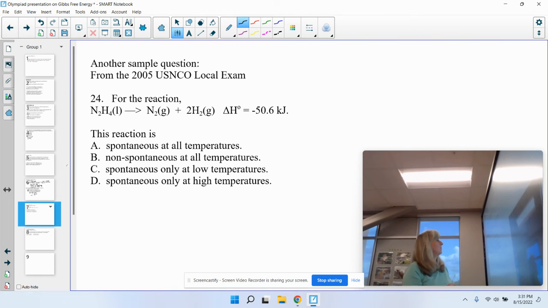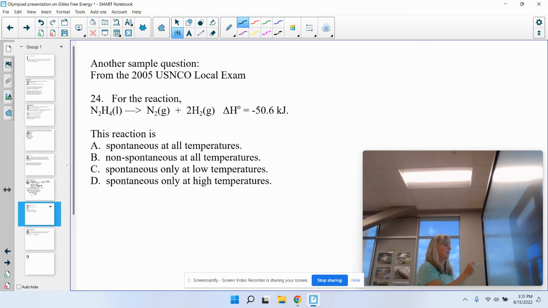Okay, another question from a past Olympiad. This is from the 2005 local exam. For this reaction, N2H4 liquid goes to N2 plus 2H2 gas. Delta H is minus 50.6 kilojoules. Once again, we have these choices: is it spontaneous at all temperatures, non-spontaneous at all temperatures, spontaneous only at low,